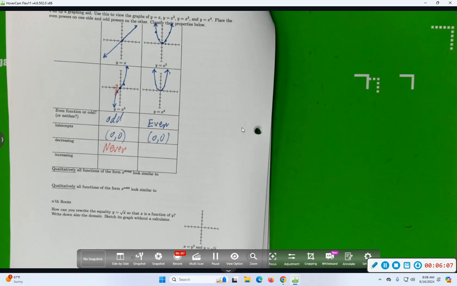What about the even power functions? Is there any place where those have negative slope? Where? When x is less than 0. When x is less than 0. And in fact,